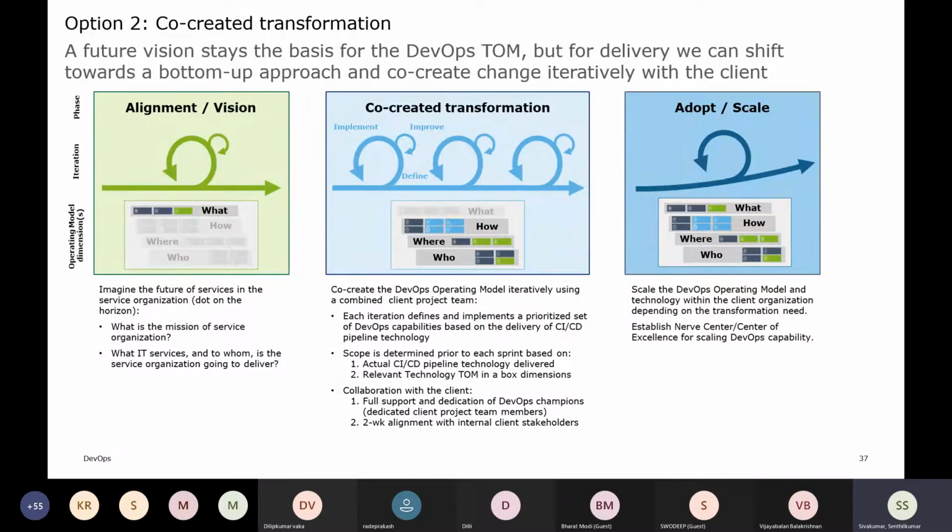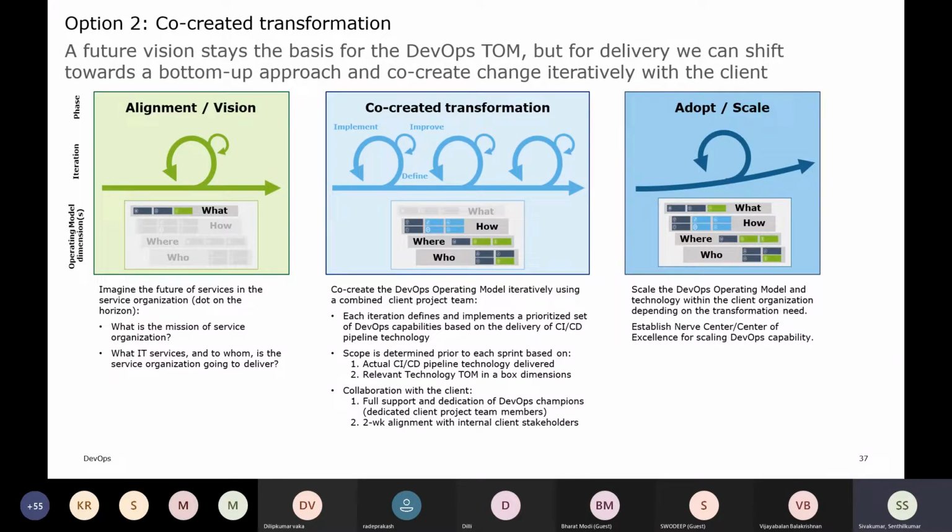And once these two stages are done, the next one is adopt and scale. The adopt and scale phase is a very important phase. It scales the DevOps operating model and technology within the client organization depending on the transformation need. So whenever it is required, adopt and scale improves the quality and drives the alignment and co-create transformation for the business models. So here we can implement the sequence of the DevOps framework and we can execute the full stack view. You can see the end-to-end functionality